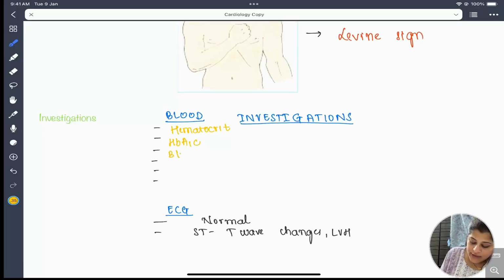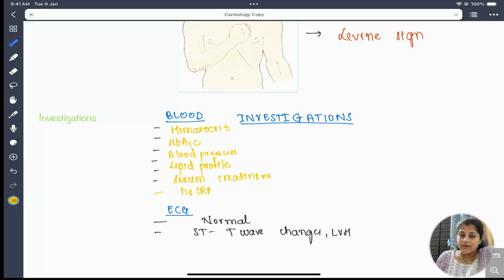You will check patient's blood pressure, check for lipid profile, serum creatinine, and highly sensitive C-reactive protein. These are the investigations that you will get done in a patient in whom you are suspecting chronic stable